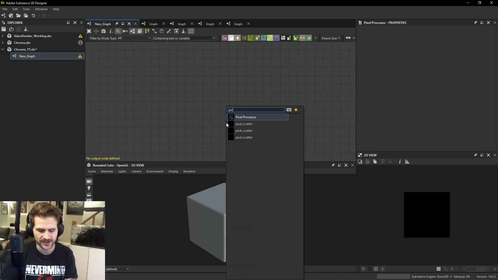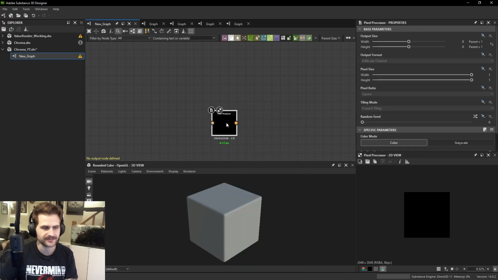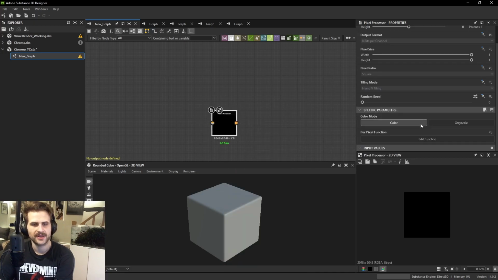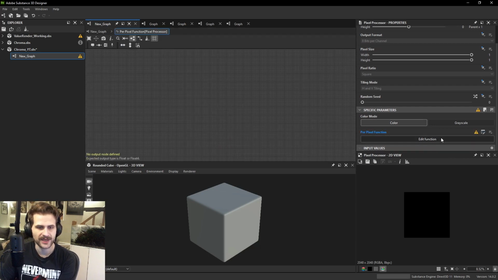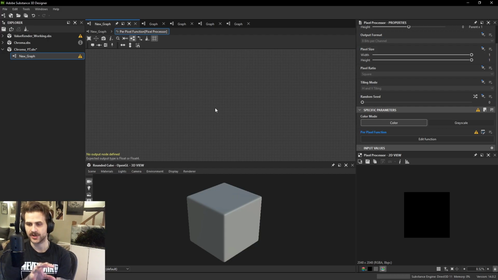So we're going to use a pixel processor. What this does, nothing by default, but if we edit the function, it opens up a graph. We're going to build a function in here, and then the pixel processor is going to do whatever we tell it to do for every pixel of the texture. So if we say, for instance, hey,